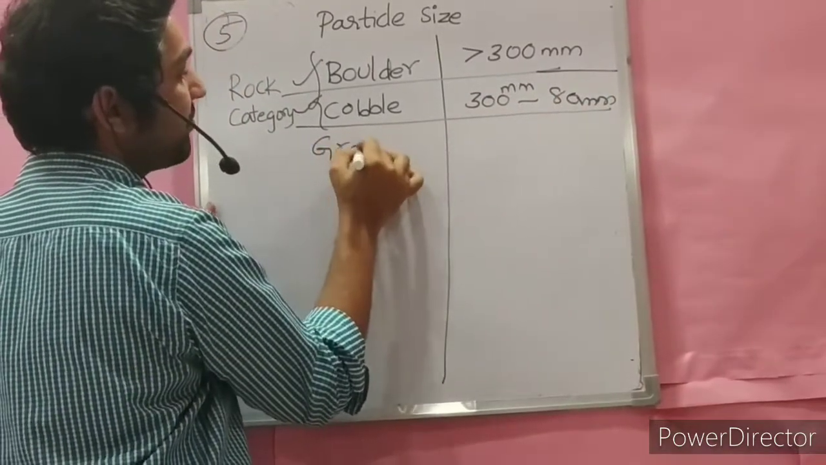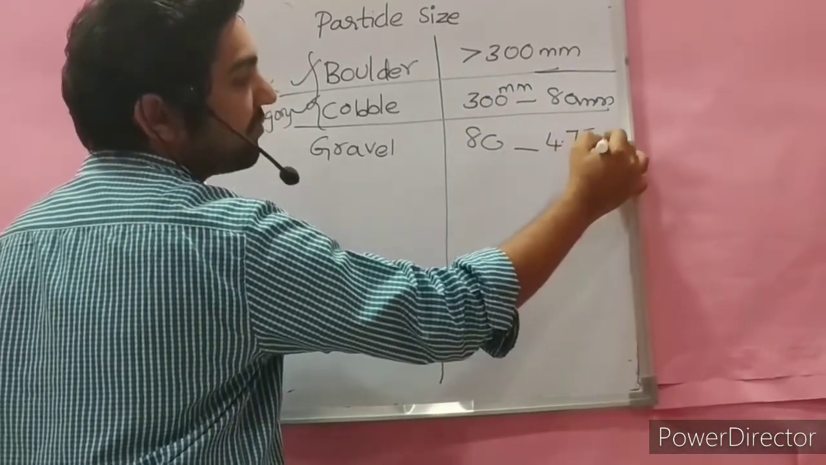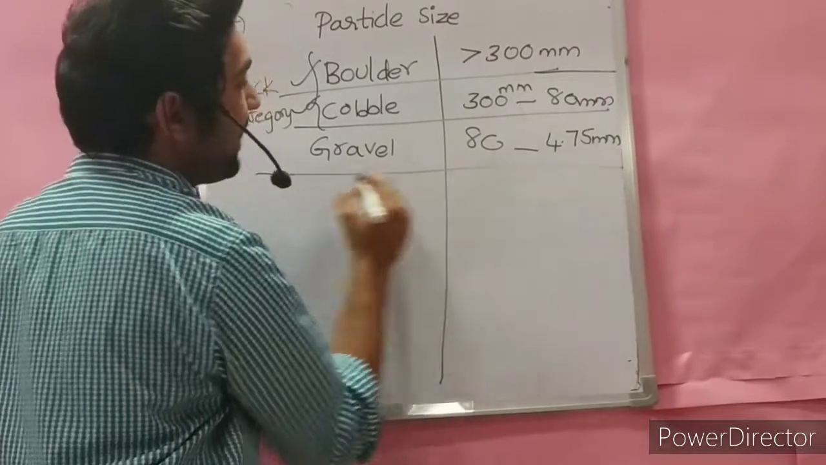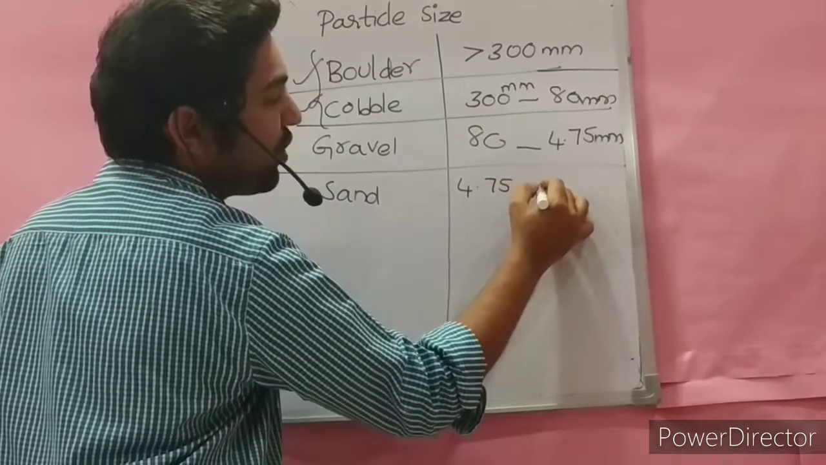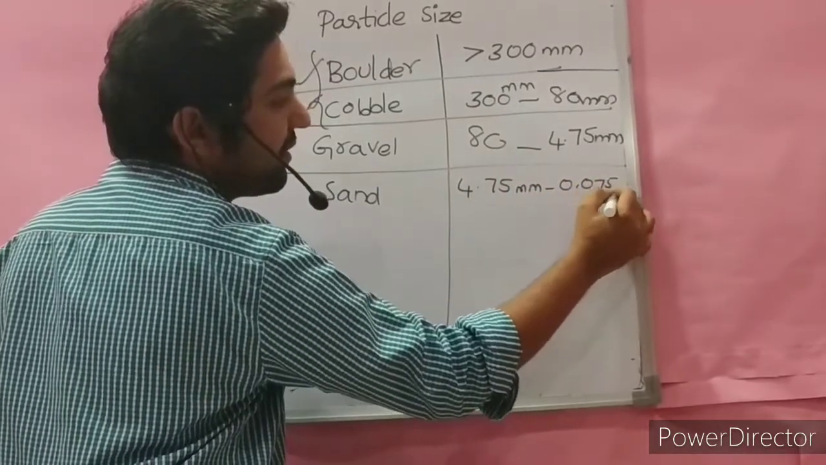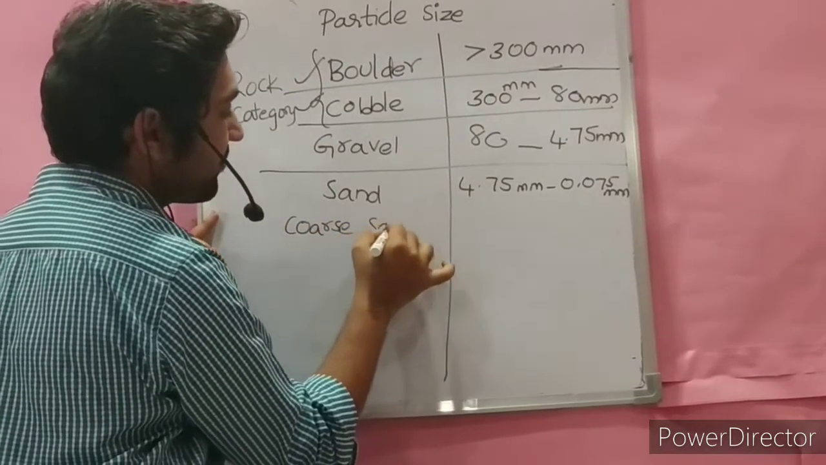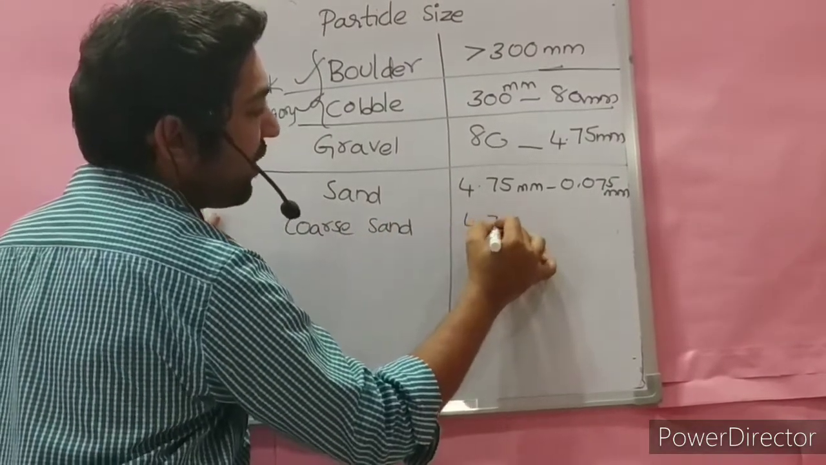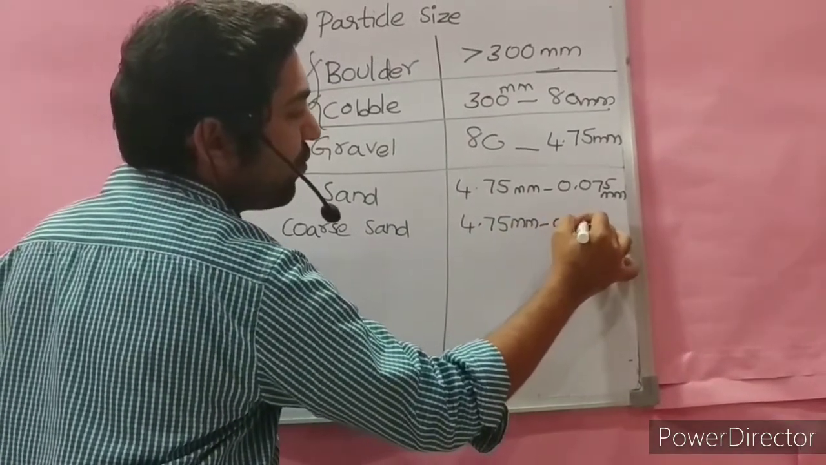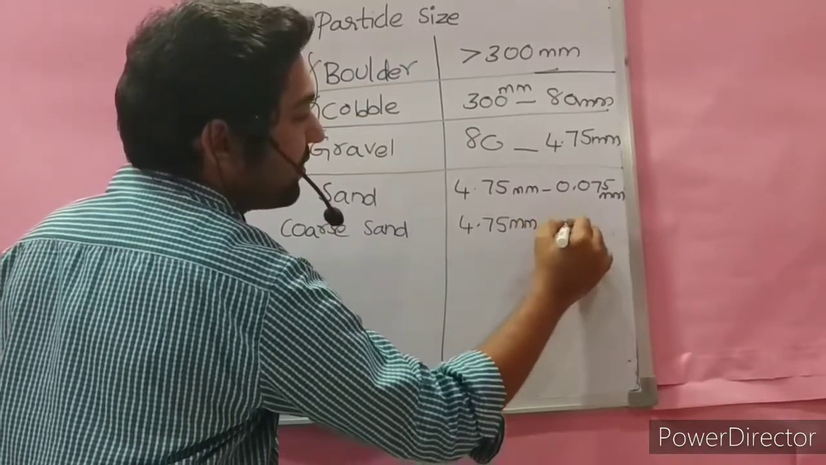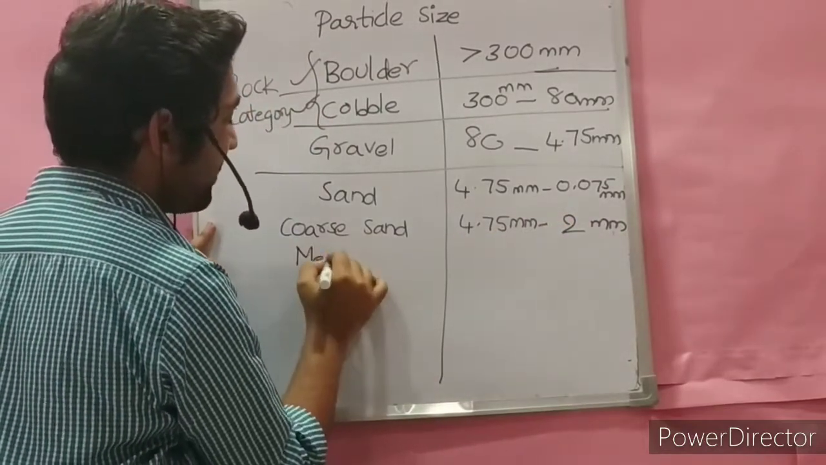Next, gravel. Size of gravel is 80 mm to 4.75 mm. Size of sand is 4.75 mm to 0.075 mm. Again, sand is divided into three categories. Coarse sand: 4.75 mm to 2 mm. Medium sand: